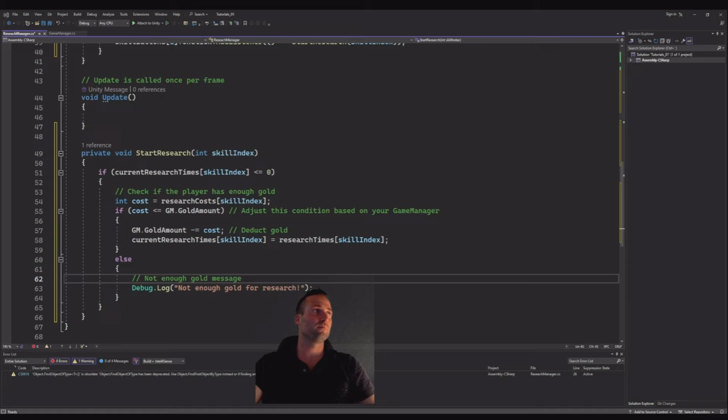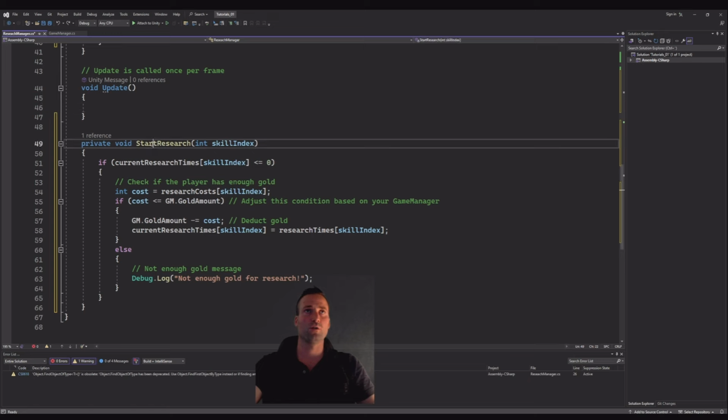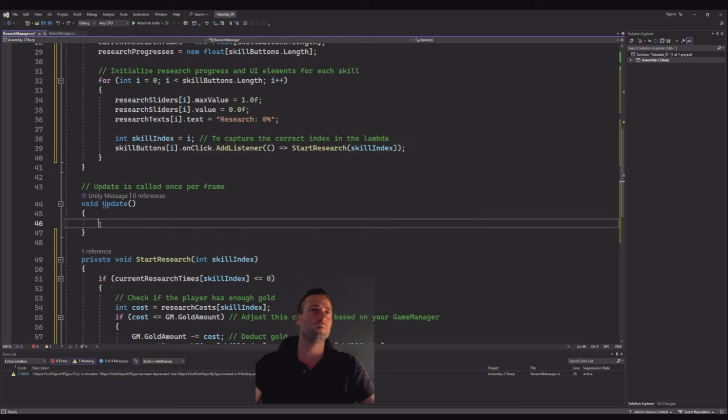When that is added, then go to the update. And let me paste this in here. Let me remove it again. This was the StartResearch, and this should be fixed up here now. There shouldn't be any red line. So in the update,